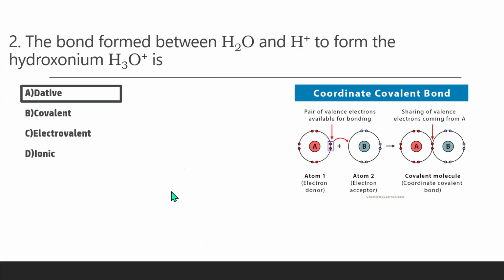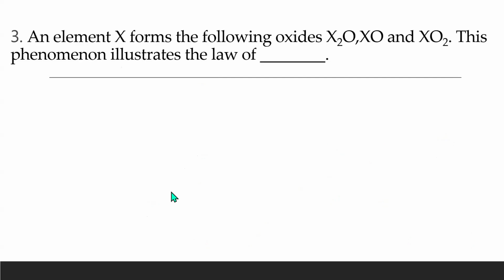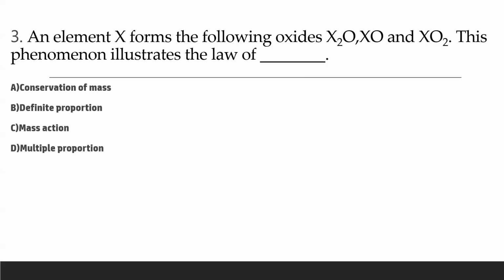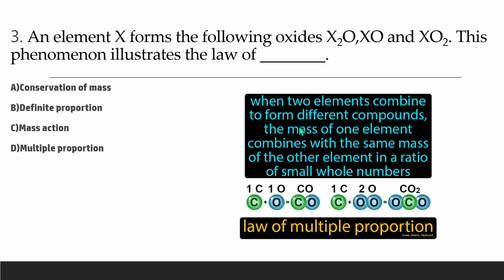So then we have an element X which forms the following oxides. These are the 3 oxides that were generated: X2O, XO, and XO2. So this phenomenon illustrates the law of: A, conservation of mass; B, definite proportion; C, mass action; D, law of multiple proportion. So actually, according to the law of multiple proportion, it says that when 2 elements combine